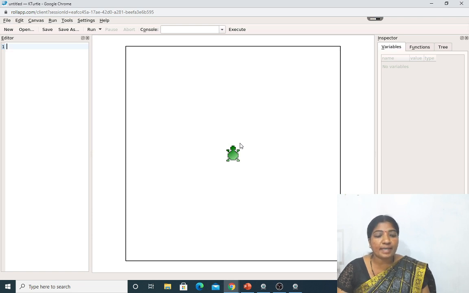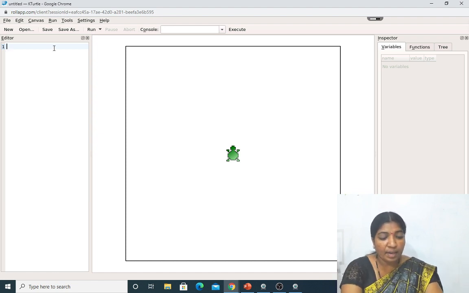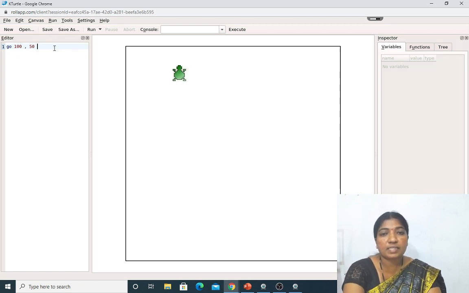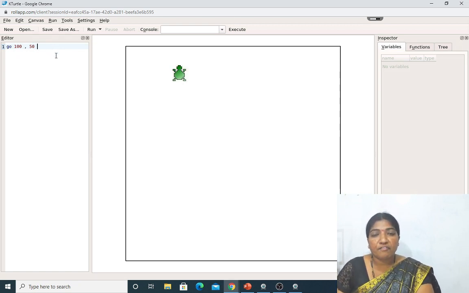Okay. The point at the bottom right corner of the canvas has the position value of 400, 400. Let us see what this means. If I am willing to go to 100, 50, I will press the F5 button to execute the command like go.